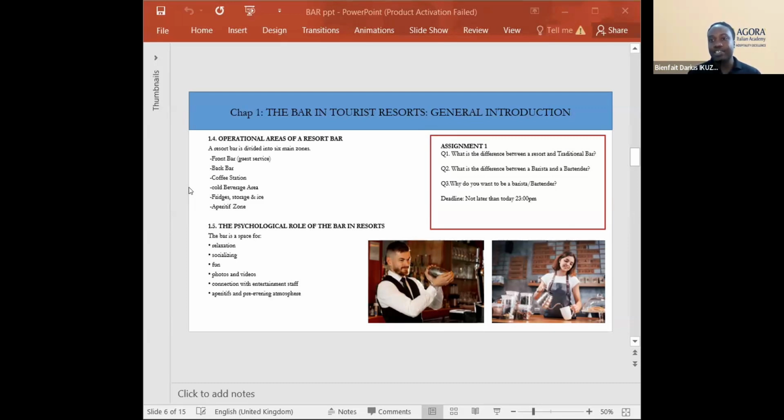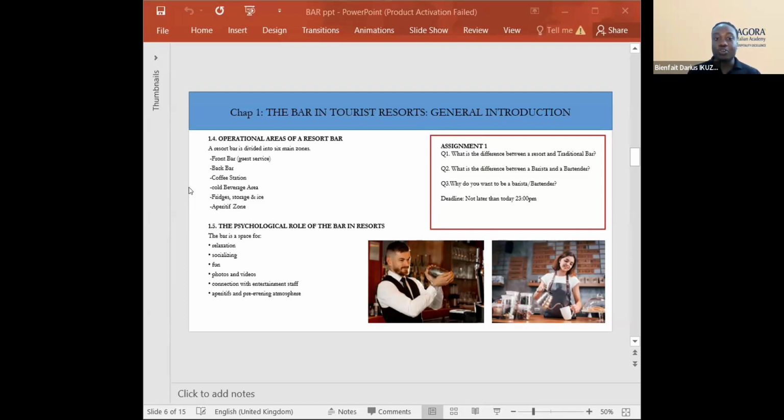Since most clients come and spend much time there, we really have to be careful with these bars. It's the VIP of the bar, because if someone comes with his family to spend almost 2 hours there, they need a good service, they need quick service. So we really have to be careful with the aperitif zone.